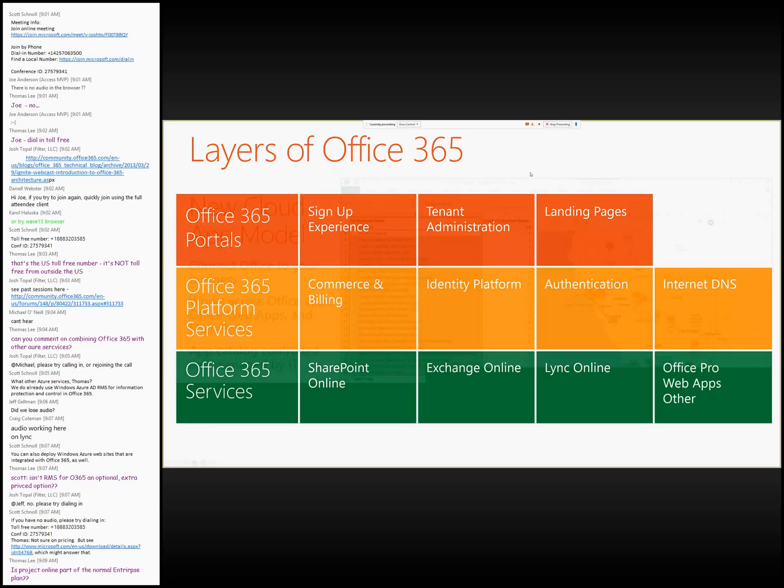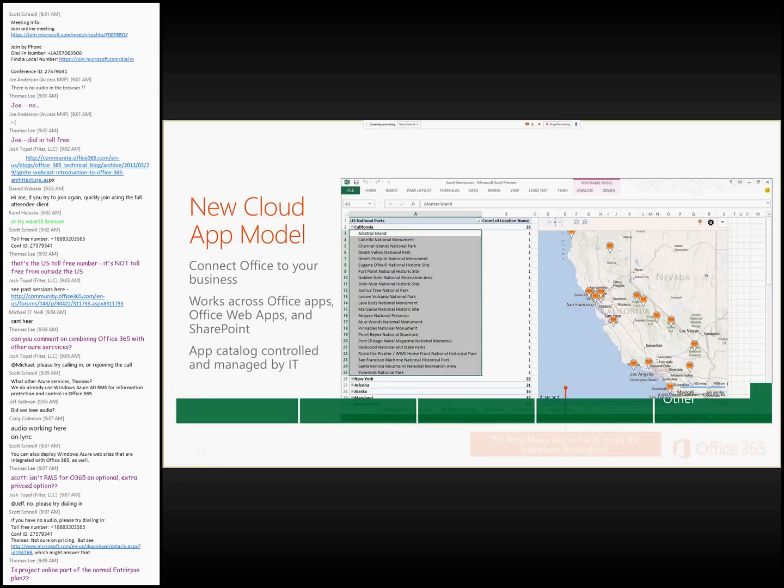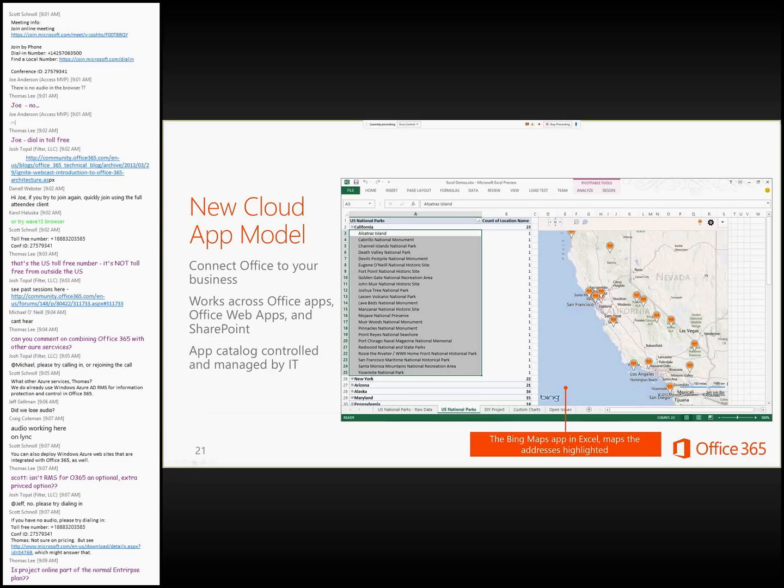So when thinking about the layers of Office 365, I mentioned in the beginning just quickly that there was an aspect of it that is sort of a platform, but really Office 365 is software as a service, not platform as a service. But one of the things in the new Office 365 is that we do have a way to use Office 365 as a platform in terms of letting you expose your new applications with a new cloud app model